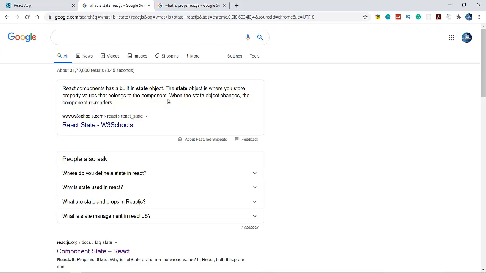So when you change the property of that component, it will change in the state, and then the component will re-render. Component will re-render means the component will refresh, the page will not refresh, only the component will refresh.